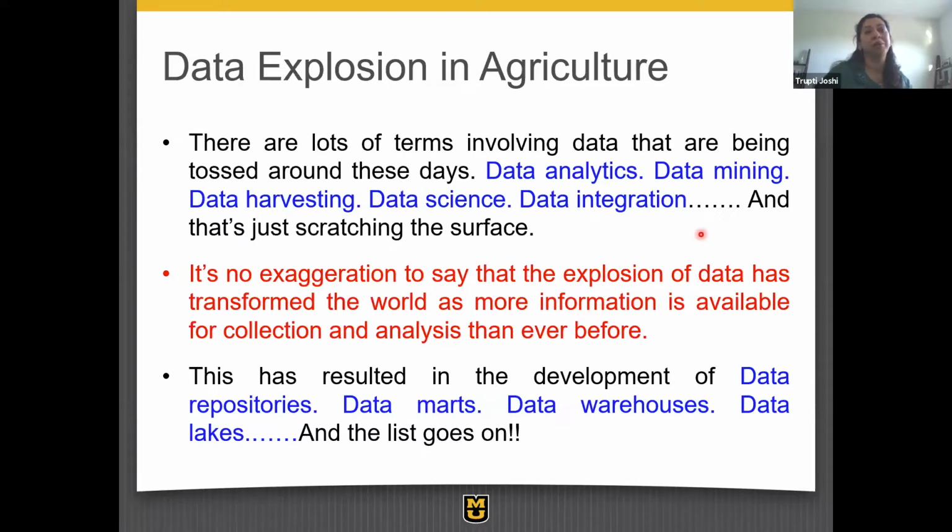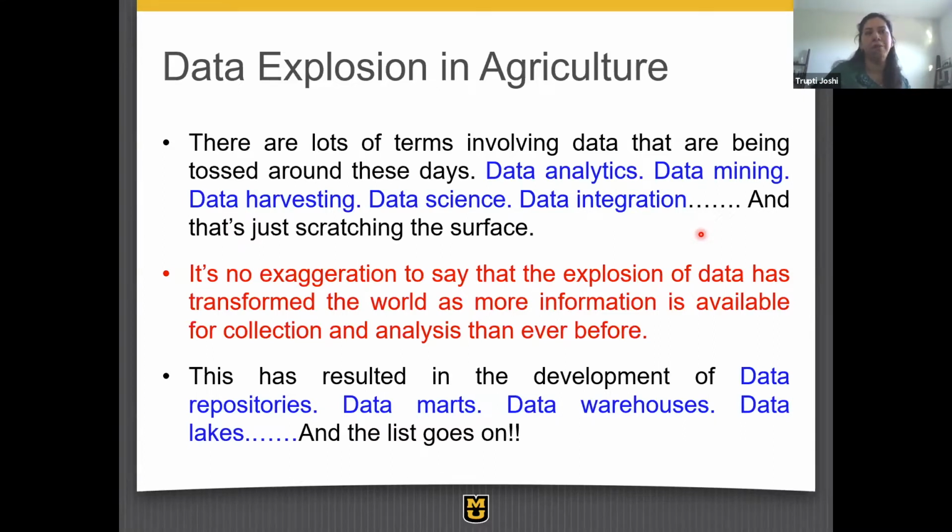So many times there might be questions about what is really applicable. Do I need to do all of that? Is there overlap between them, or what is really relevant for the pieces that I work on? There is no exaggeration that this has led to a transformation of the way people think about information, and how they build systems to collect it and analyze it.